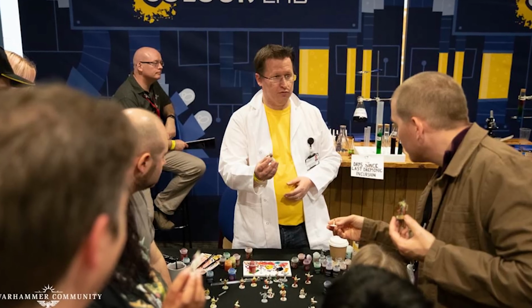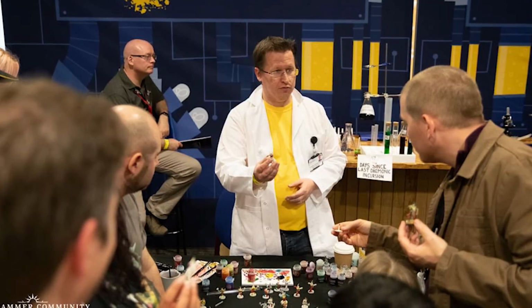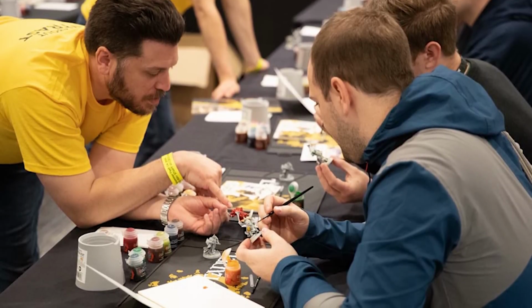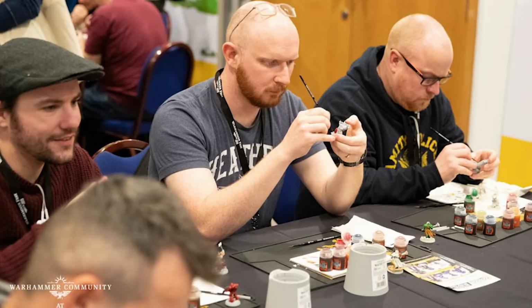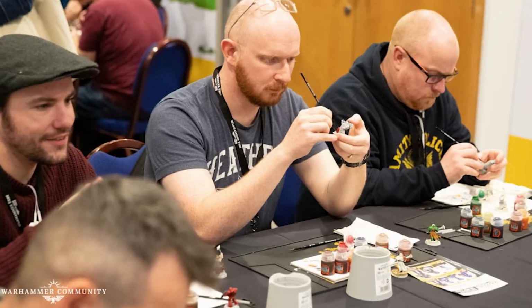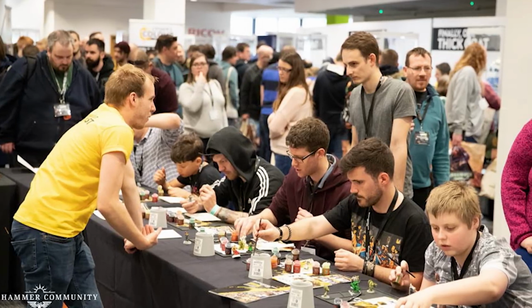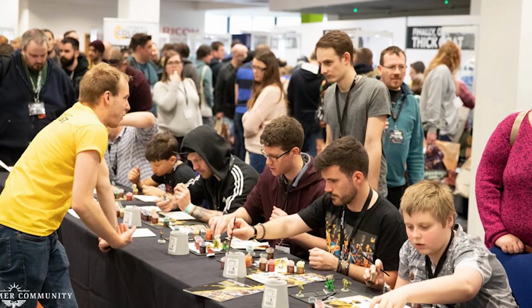Since I was around 25, I taught kids how to paint miniatures with Games Workshop on pretty much a yearly basis. I used to participate and run what was called the paint and take tables during open days and fests, where you would turn up to a big table and just kind of paint miniatures. And a lot of adults thought that this was a great place to leave their kids for a few hours whilst they walked around and enjoyed the con or the fest. And no hate to the parents there, because it absolutely was,